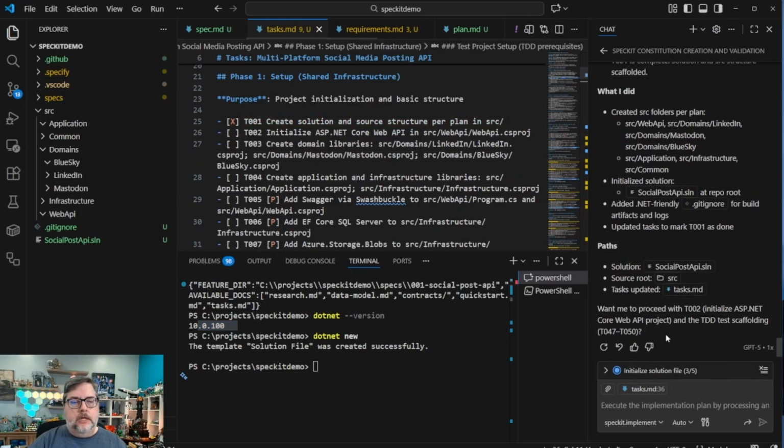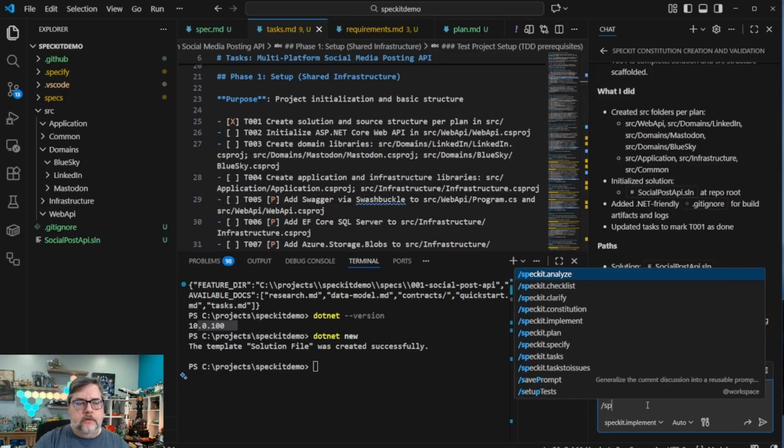And I'll do keep. So when it completes something, and Copilot does this, it'll say, okay, do you want me to proceed with the next task? And I can just say yes, and it'll work on that. And I won't go through all that. One example's enough. But one of the things I notice, if, like I mentioned, it doesn't always mark them as complete. So if I go in